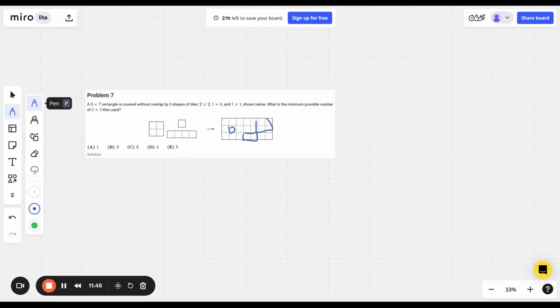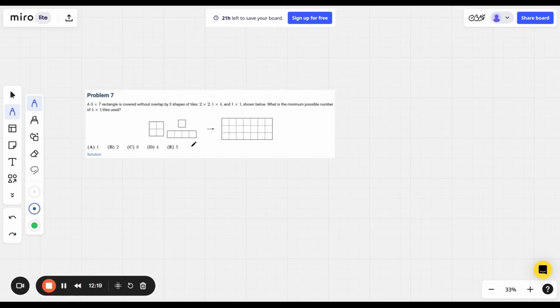Now that's extremely hard to do, because that means we would have to cover a 5 by 2 space over here, which is just impossible. And the space over here is also impossible. We would have to leave a 1 by 1 gap, which could not be possible. If we leave 2 by 2 gaps, that's also not very possible. And the same logic we can apply to 3, 2, 1,